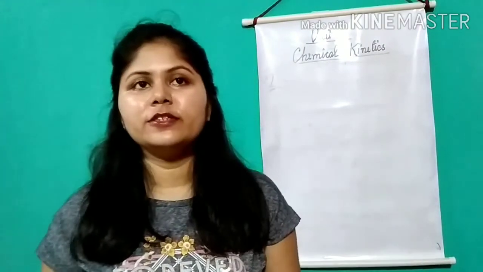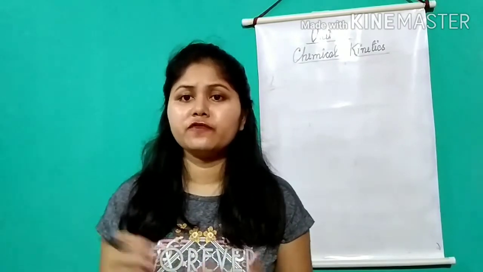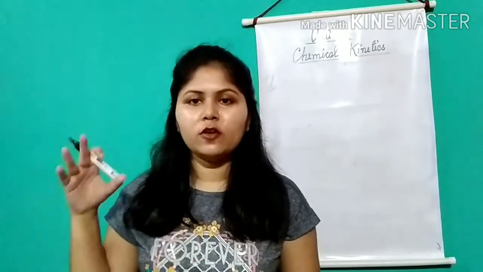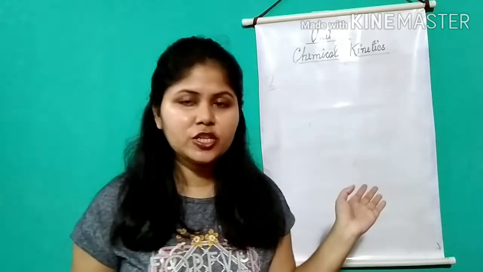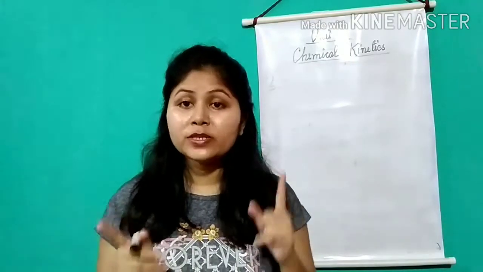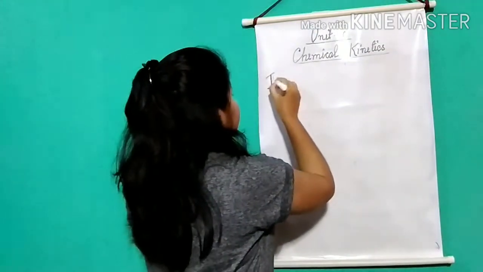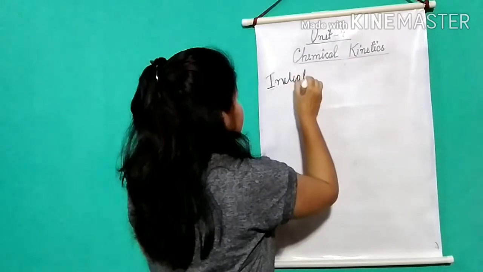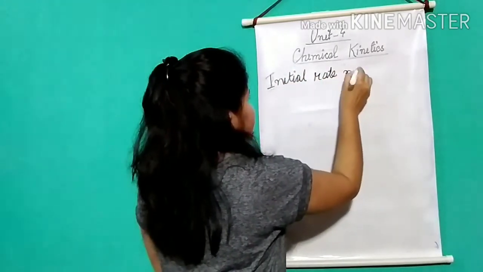Today I will teach you a new topic, how to determine the rate of reaction from a given experimental table or data. Today there are different ways: the graphical method, Ostwald's dilution method, the initial rate method, and the concentration method. The most important one I have seen is the initial rate method, so today I will explain what the initial rate method is.